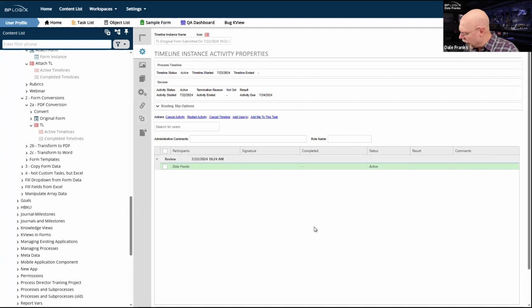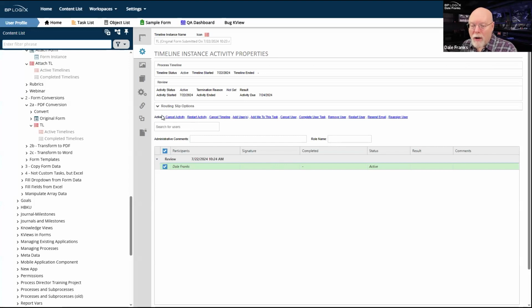Now this gives me the ability to do several things. In this case, I need this user gone and I need a new user assigned. The order in which I make that happen is important. I do not want to just click on this user. I certainly don't want to hit cancel user. I don't want to hit complete user task. And while I can remove the user, I really don't want to do that yet either. I need a new user to replace this user first before I remove the user from the active task.